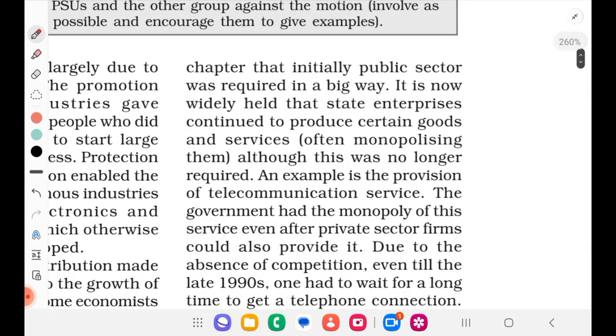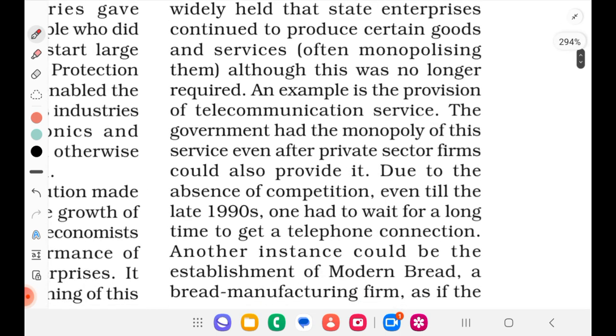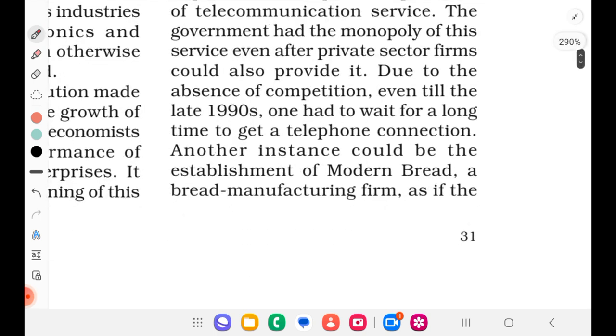It is now widely held that state enterprises continue to produce certain goods and services, often monopolizing them, although this was no longer required. An example is the provision of telecommunication service. The government had the monopoly of this service even after private sector firms could also provide it. Due to the absence of competition, even till the late 1990s, one had to wait for a long time to get a telephone connection. Another instance could be